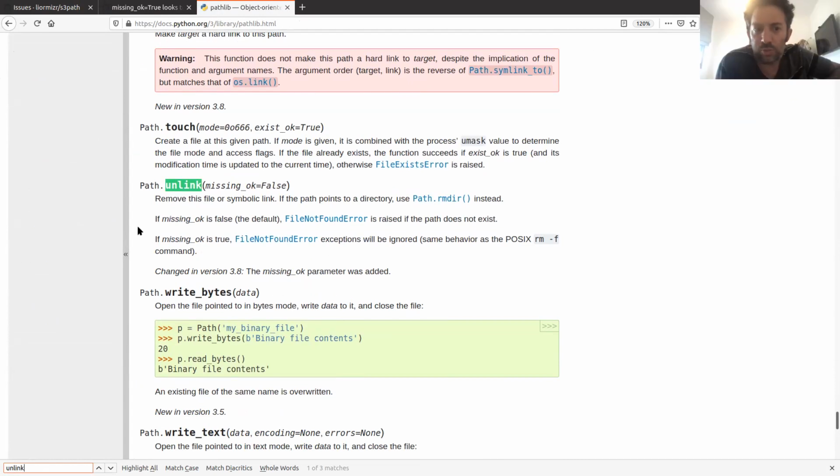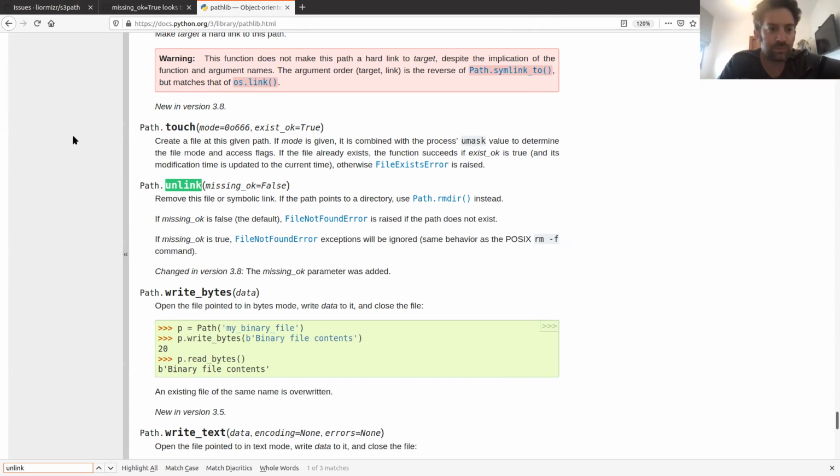So basically, missing_ok equals true means I need to catch the file system exception and not raise it. So you are not raising the exception, but something else, and then you just have to sweep it under the carpet. Exactly.